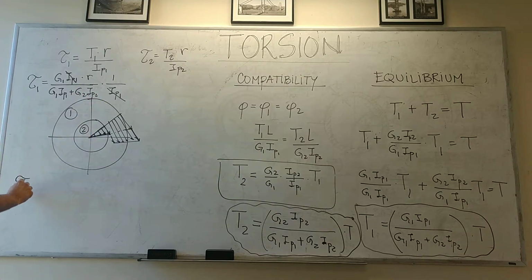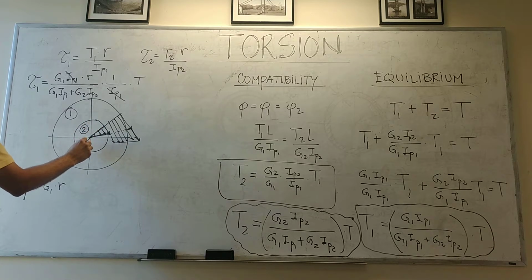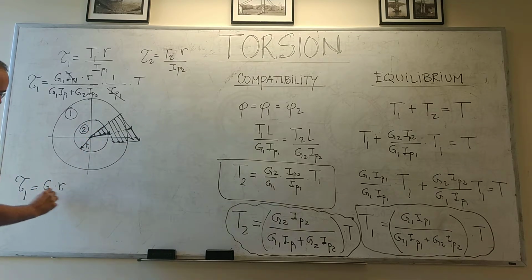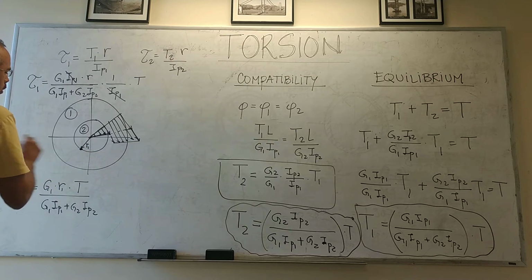Then you get, this is times T, then you get tau 1 equals G1 times R, let's call this R1, times T divided by G1 IP1 plus G2 IP2. If you do the same calculation for tau 2 at the same point,